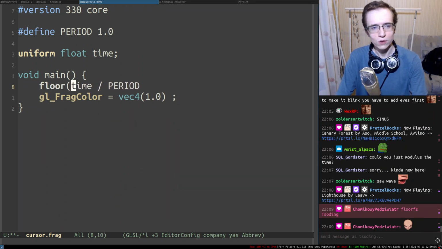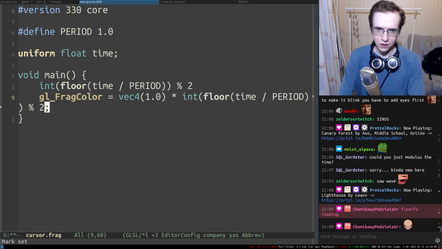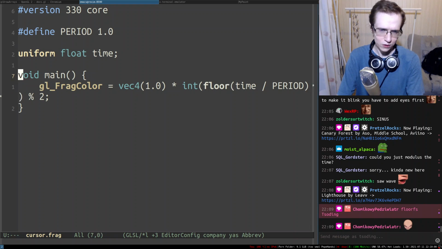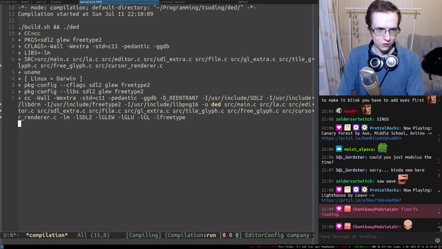Okay, so then I can do floor. Right, so we floored it. And I want to convert it into an integer. I'm not sure if it's necessary in GLSL, but whatever. GLSL is a very strong language, so it will tell me if I do something wrong. Right, so then I divide it by 2, and then I can multiply it by this entire thing. Right, so I can multiply it like that. And I wonder if it's going to work or not. It's kind of interesting. So of course I think it has to be something like this. Alright, so